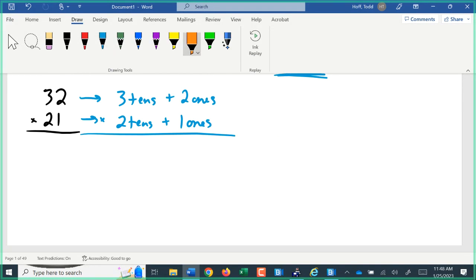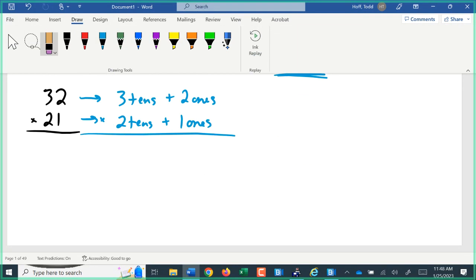So that means that these 3 tens can not only be combined with these 2 tens, but they can also be combined with the 1 one. In fact, every digit from one number can be combined with every digit from the other number. And that's really what the process of long multiplication is. That's all it is, an organized method of making sure every digit from one number is combined with every digit